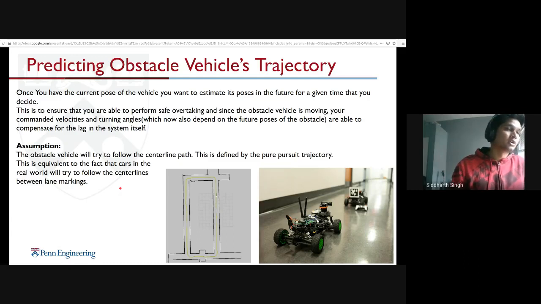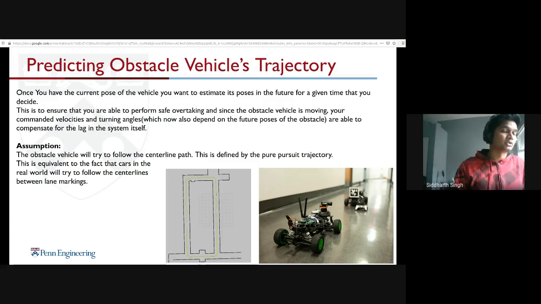In our case, we have a very specific solution, which is specific to our situation of F1 10th racing. What we assume here is that both vehicles will follow the trajectory of the track. In the real world, it would be the center lines or the lane markings. In our case, it would in all probability be the center line of the track or the race line of the track. More often than not, what we use is the pure pursuit trajectory,